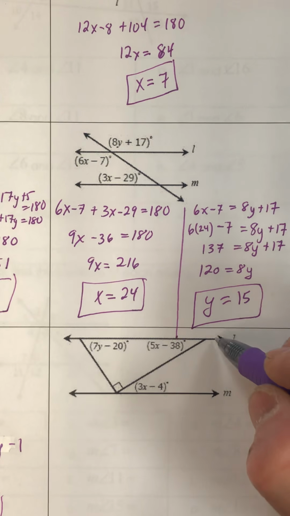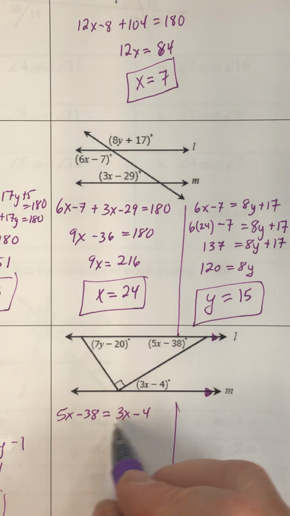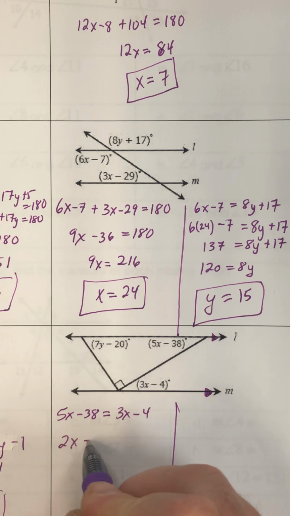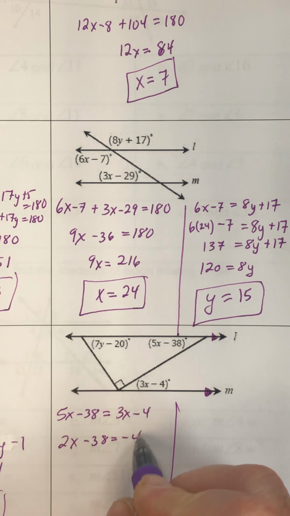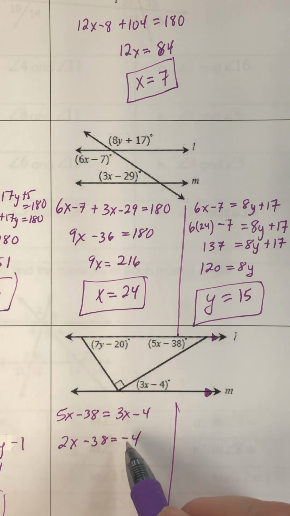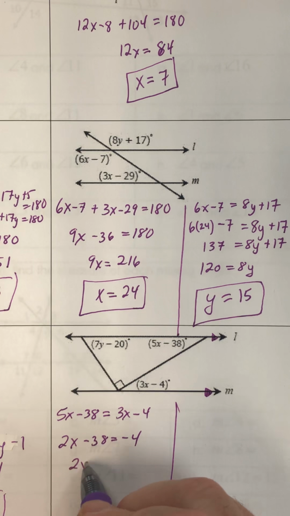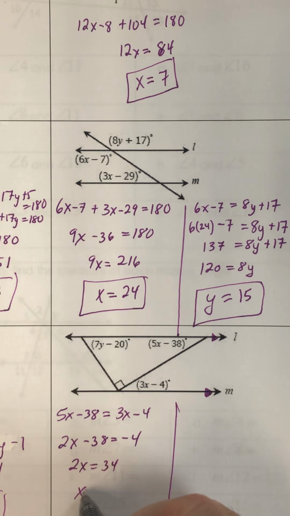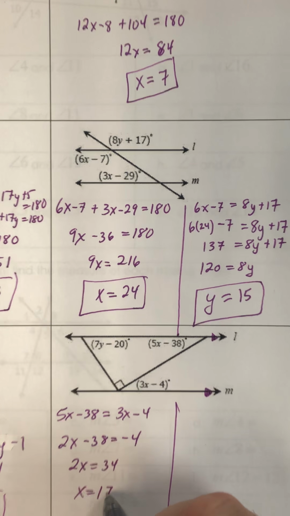So I'm going to go 5x minus 38 is equal to 3x minus 4. So if I subtract 3x, that would be 2x minus 38 equals negative 4. Add 38, so that would be 38 minus 4, so 34. So x is 17. Okay. So if x is 17,